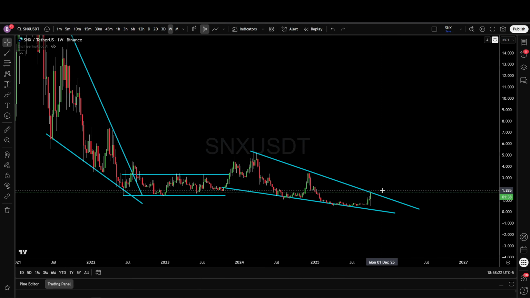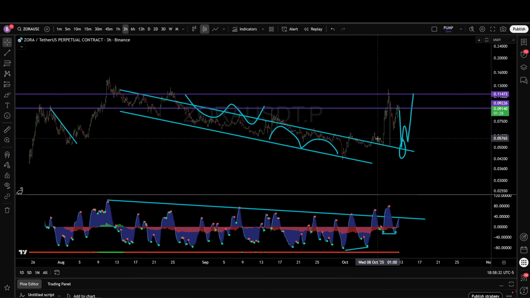So this is touched three times. Usually three times is enough. But now you're just waiting to see, is this thing going to maybe just retrace a little bit, come back on top, take off? And that's basically what we saw back here for Zora, right? It had to break out. And notice, while we're talking about it,